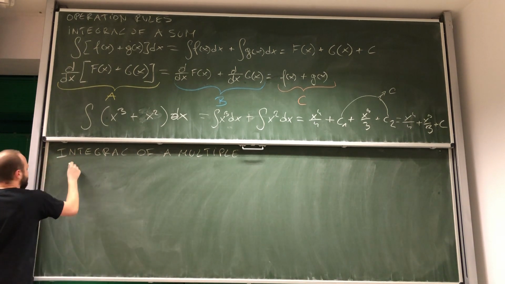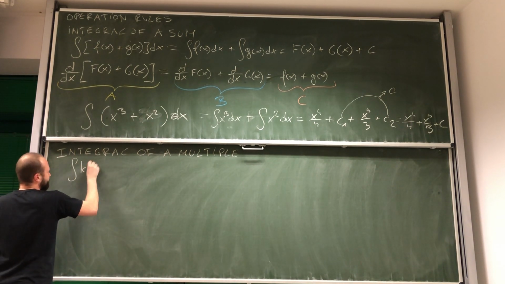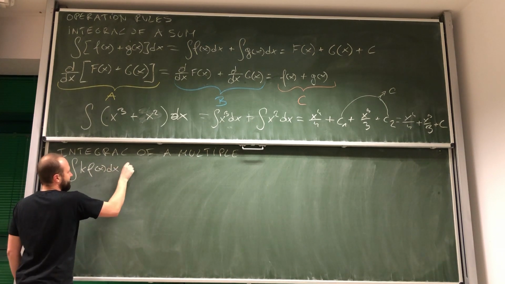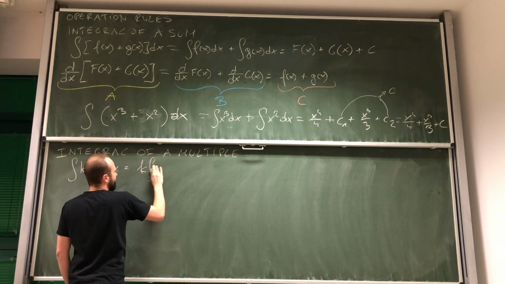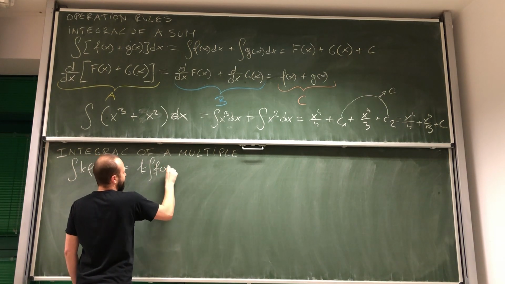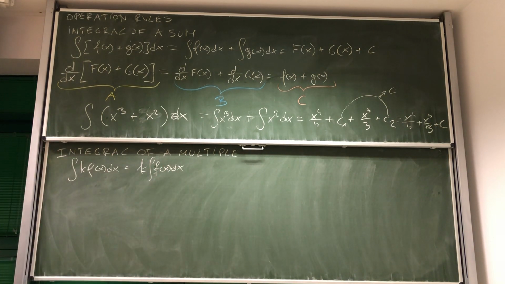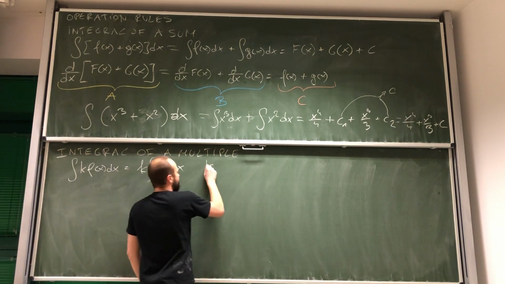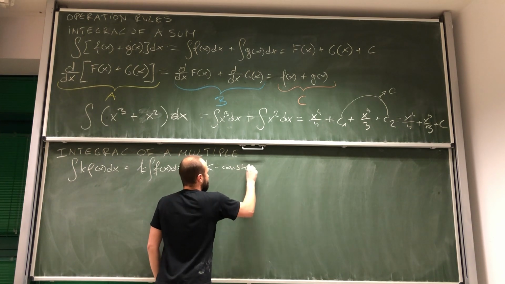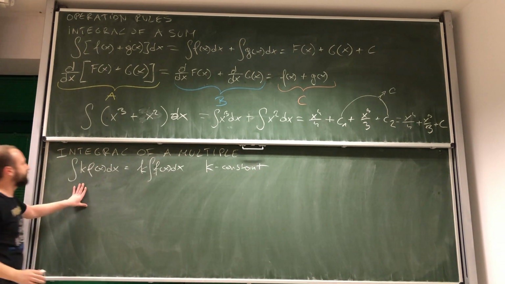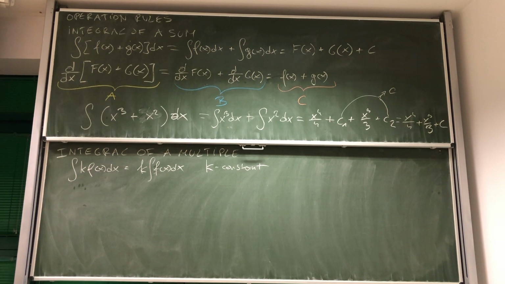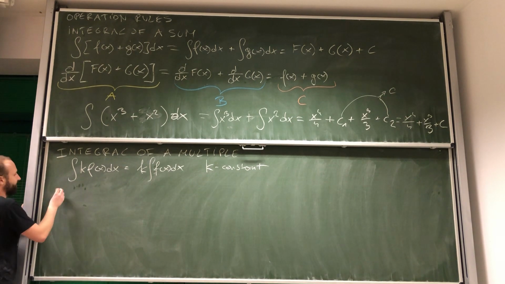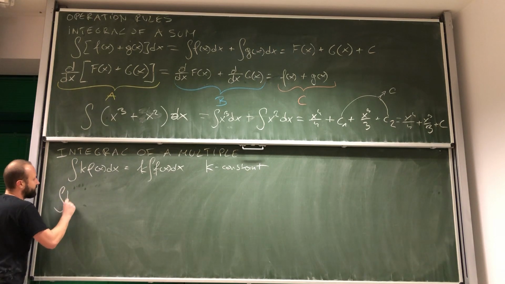And this rule states that integral of k times f of x dx is equal to k integral f of x dx. Okay, so first we need to mention that k is a constant. Look, what is this rule saying? Let's start with the left-hand side. If I have integral k times